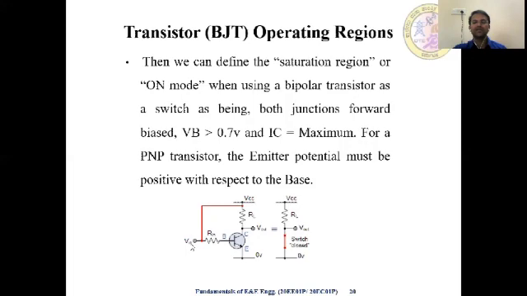When Vin, that is VBE, is greater than 0.7 volts, the transistor will be turned on here. So when it is turned on, the ground voltage, that is 0 volts, will flow through the transistor, and it is obtained in the output voltage as it is. So now the transistor has been turned on. Even though the input voltage is given and the transistor is turned on, the output voltage will be 0 volts. Here the transistor is acting as an inverter. So the transistor can be considered as an electronic switch.